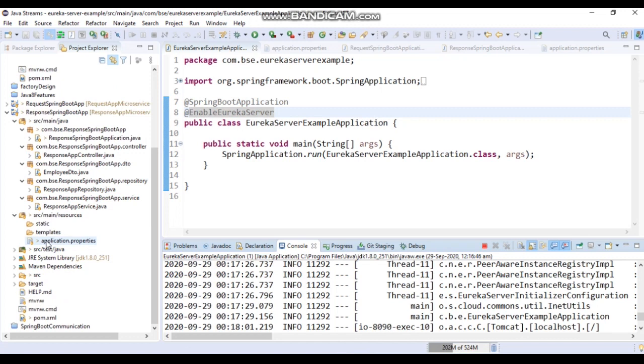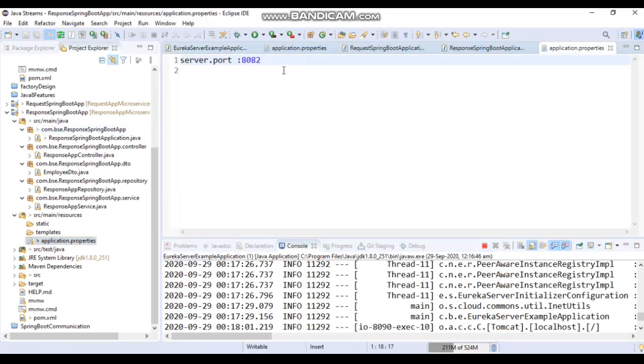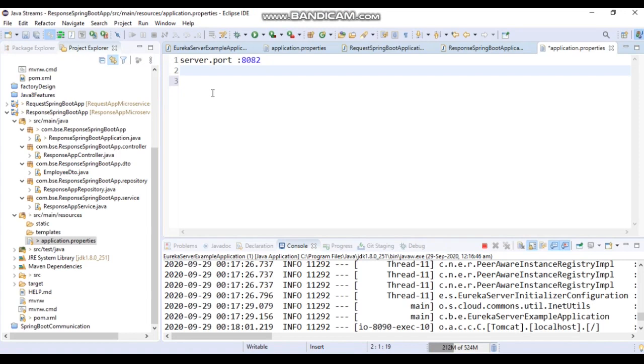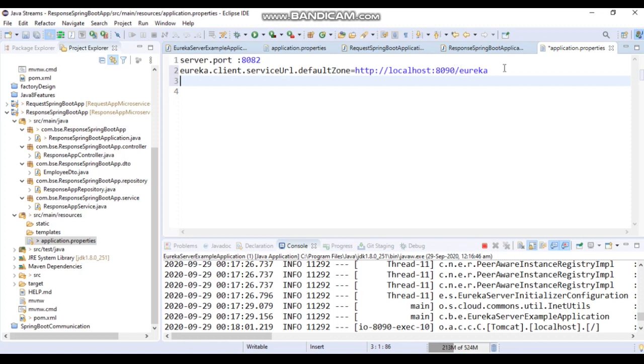So we will first register the response service, and for that we need to add one entry, which is eureka.client.serviceUrl.defaultZone, as its default zone is now 8090/eureka, so that we can find out where Eureka is.